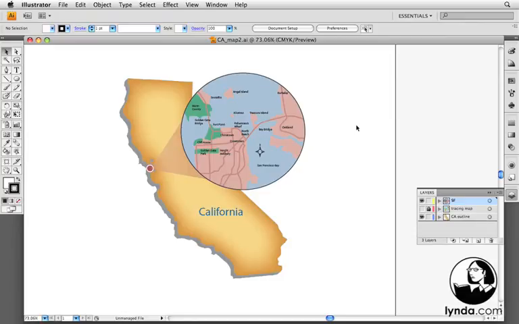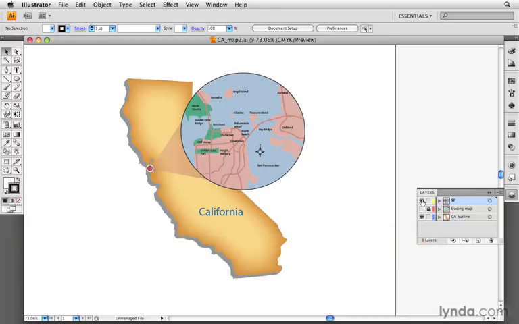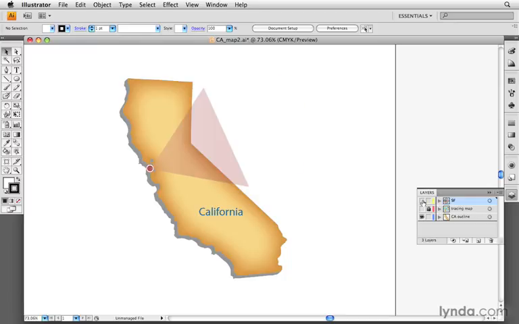Let's take a look at how the map was created so that if you are inclined to recreate it yourself, you can do so. And this is the finished version. I am looking at the layers panel. I'm going to turn off the SF layer so that we hide that detail of the Bay Area. We're left with just an outline of the state of California with this semi-transparent triangle pointing to that circle that